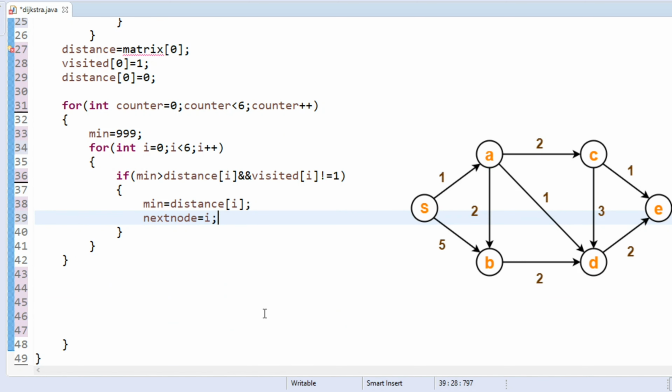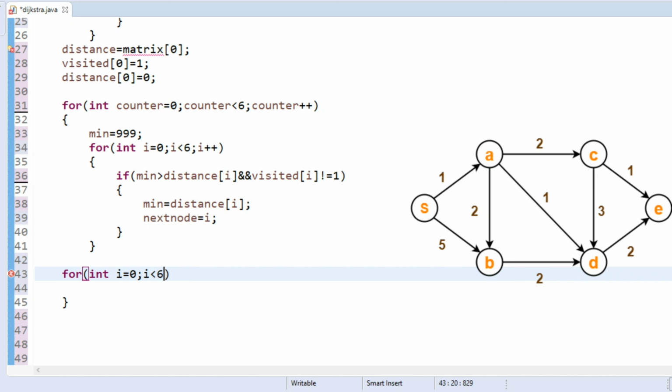Okay, after that in this counter loop I am going to take another for loop for int I equals 0, I must be less than 6, I plus plus. So in this I am going to find the minimum distance.